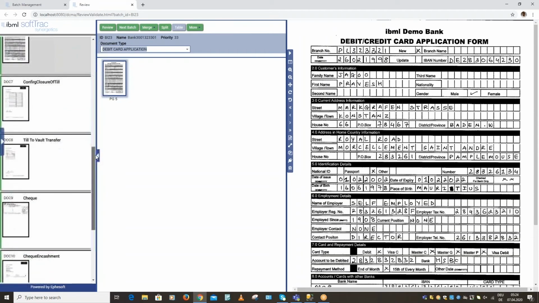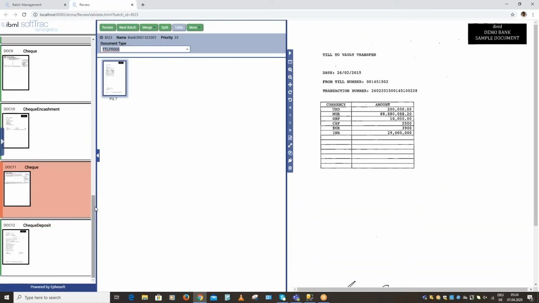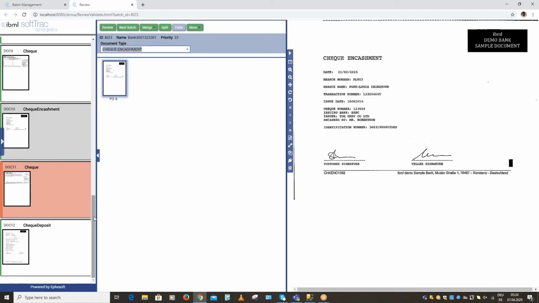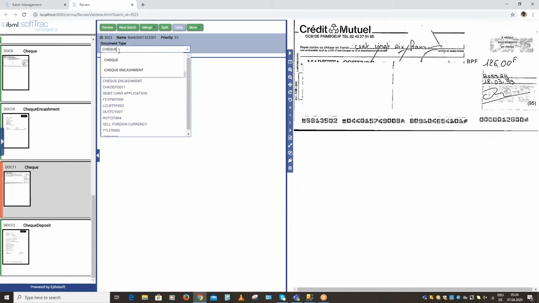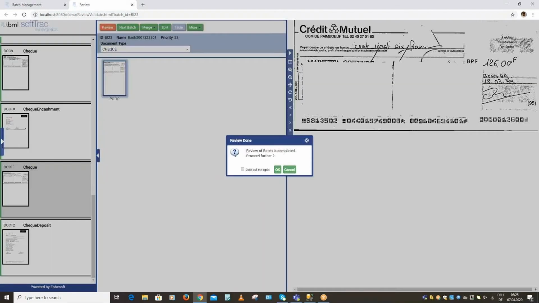And then there's this document, which basically was one check which is different, so the system could confirm that it was a check. You can see from the document type it is saying check, because I have put a higher confidence score, so it is stopping it there. I will hit the review to confirm, and it will go to the next step of the workflow, which is the extraction of the data. So I go back to the batch,